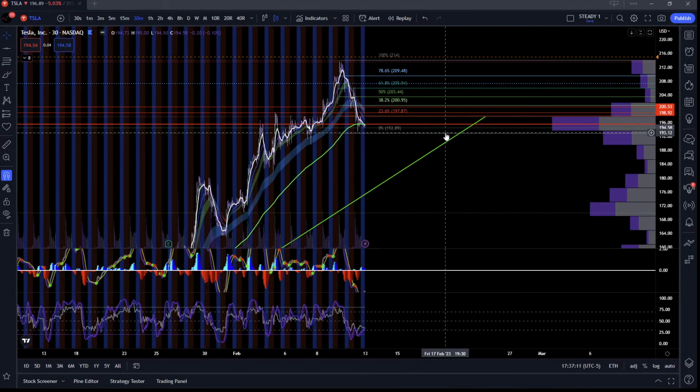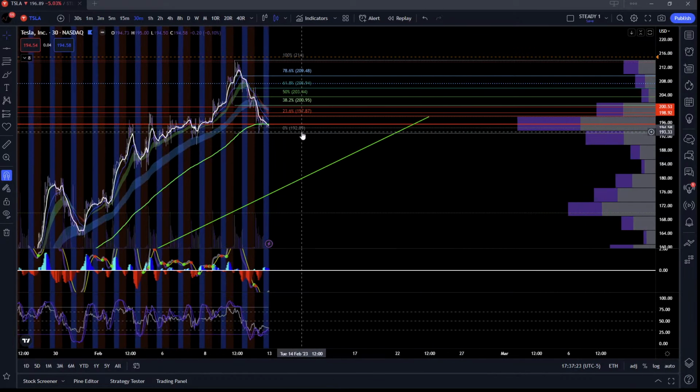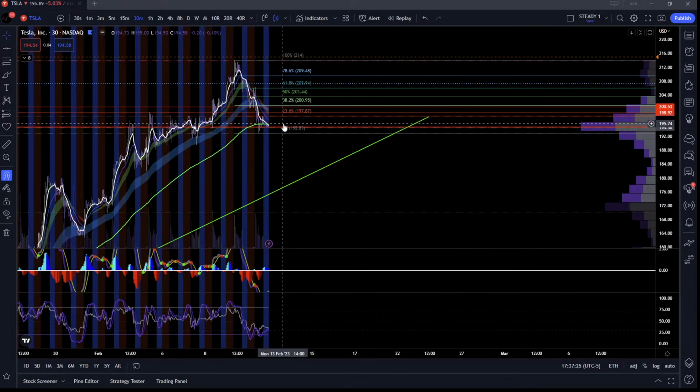So volume shelf around this area. Now, whether you want to use the volume shelf for confirmation for the downside, you can, which I would say 192.89 seems to be a good level. If you want to wait for that area, or if you want to be a little bit risky, you can look to take the trade, I would say below 195.74, if you are trying to target a test of that